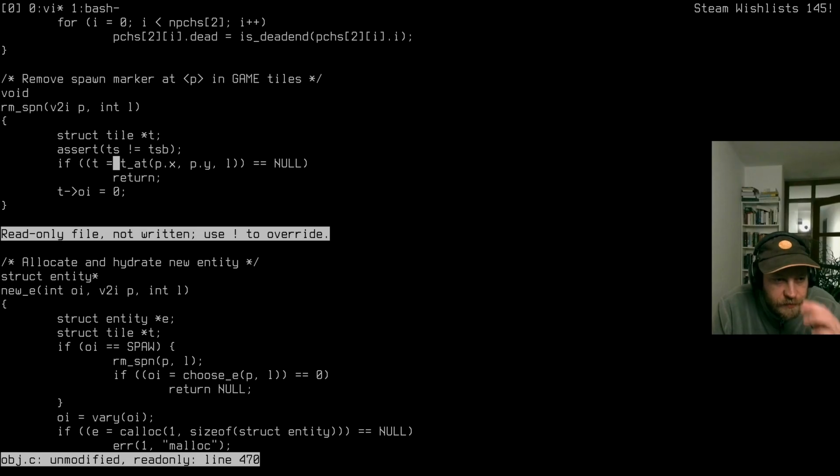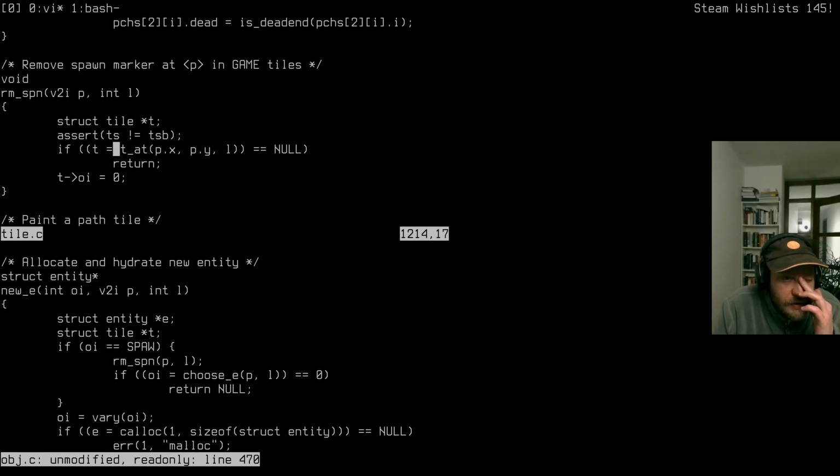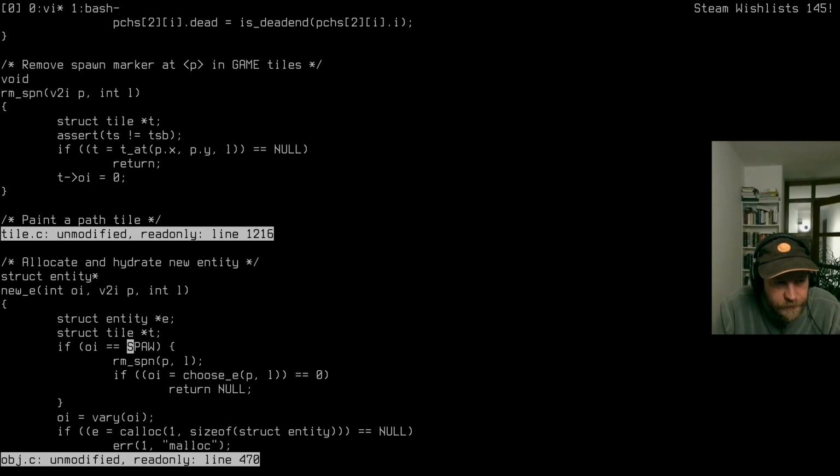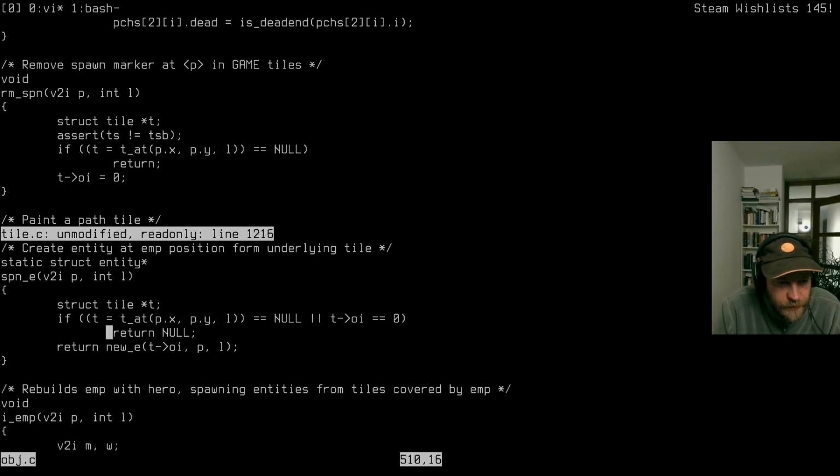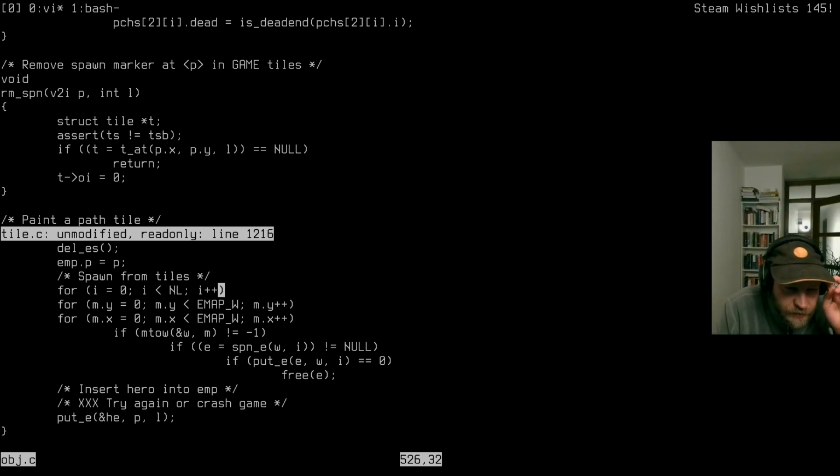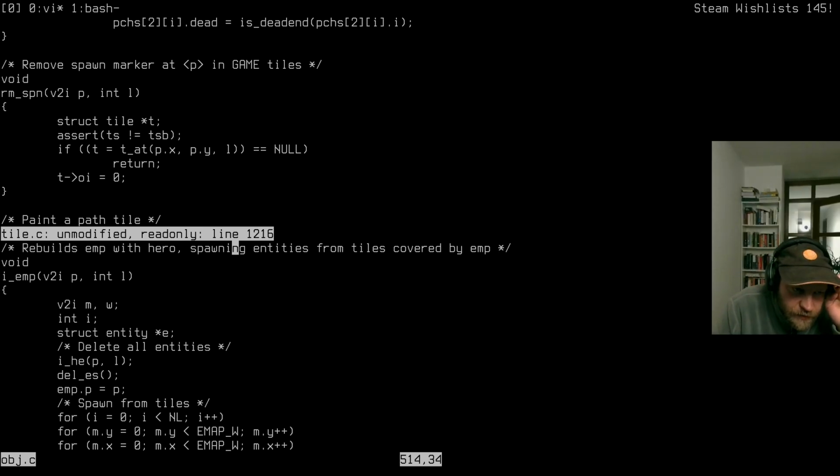Okay, so I don't get why this does not remove the marker. Let me see, spawn entity. So this is